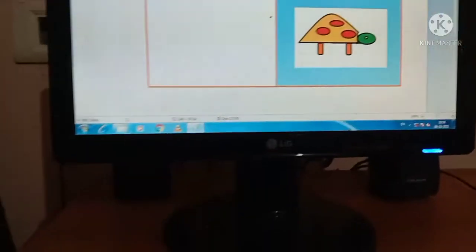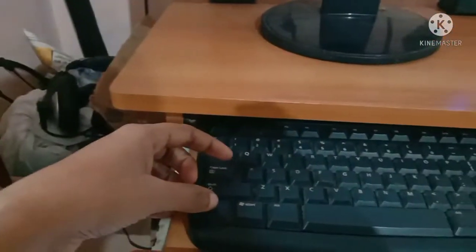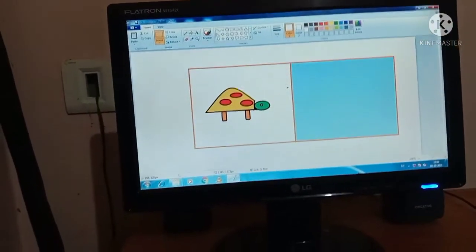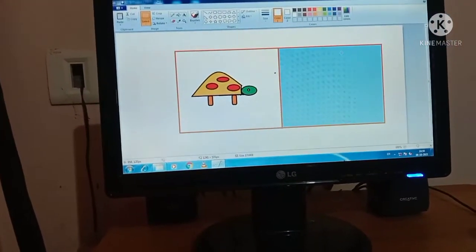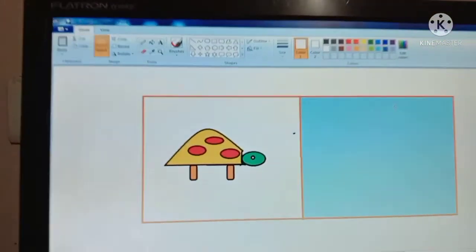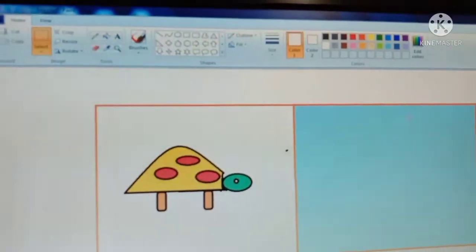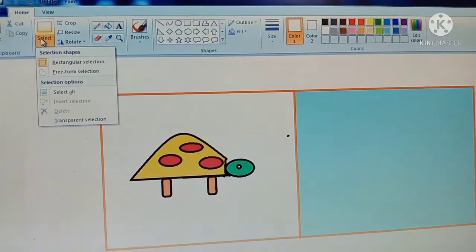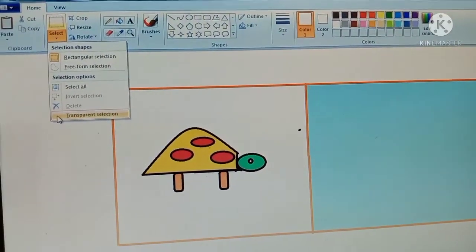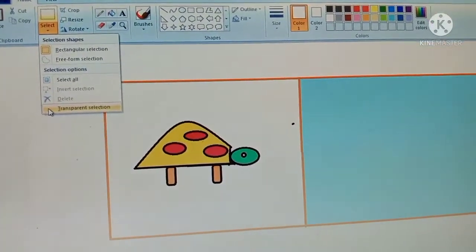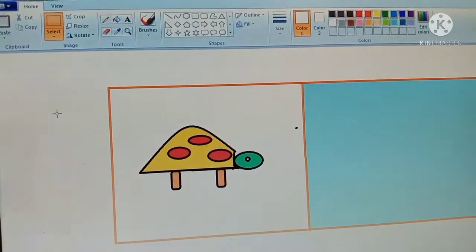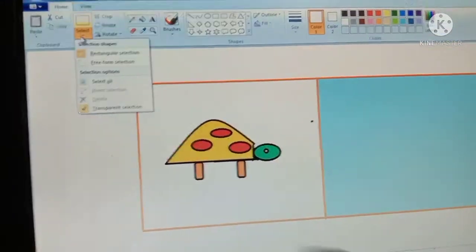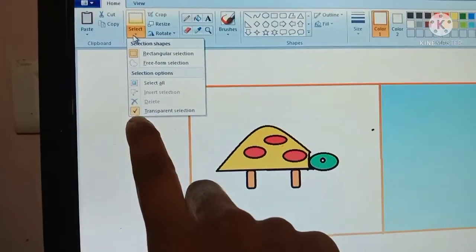The next one, I am just changing to the initial stage. Control Z. Next we are going to select the transparent. Now we are going to use the transparent selection. For that purpose, you just come here, select the down arrow, and here you can see the transparent selection. Left click. Okay, just place it. Can you see one tick came here?